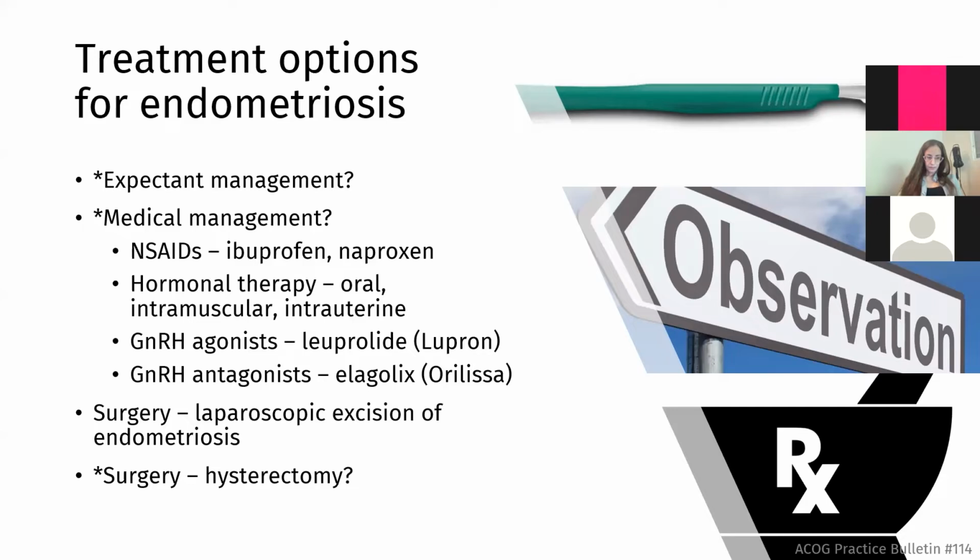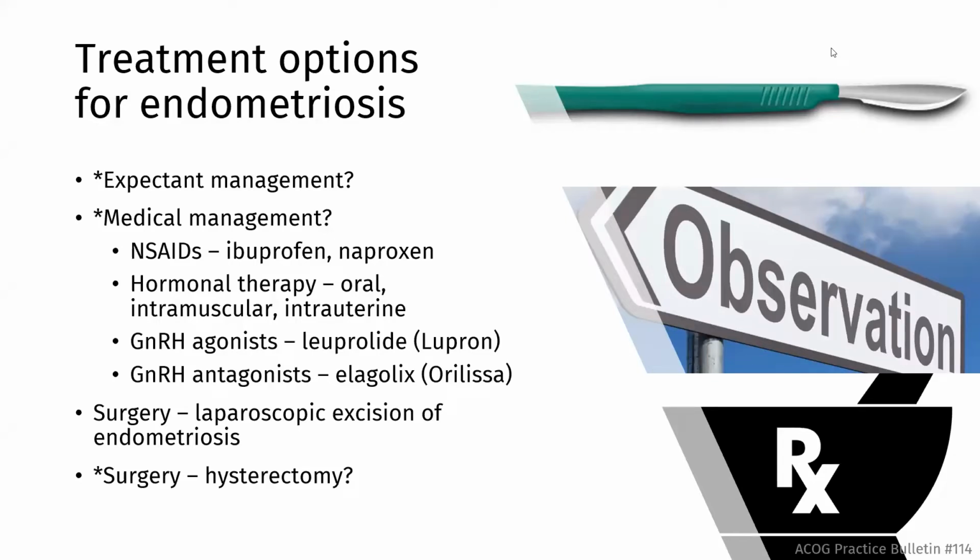Medications, you can see the list there. Sometimes we're talking about over-the-counter pain medications, use of hormone therapy. For a complete discussion, I just mentioned Leuprolide and Elagolix. Medications typically are more palliative. They're treating symptoms. Unfortunately, there does not exist a pill that magically makes endometriosis go away. It hasn't been invented yet. It just doesn't currently exist. So medications really are used for symptom management. They're not directly treating disease per se.